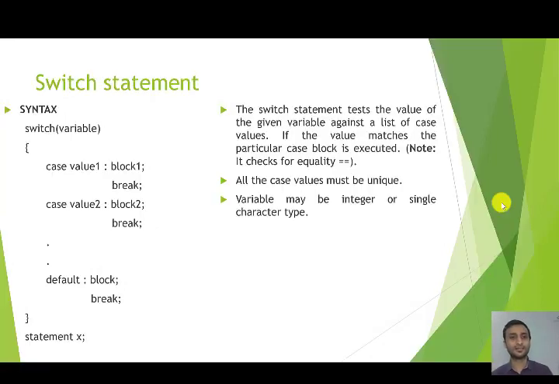So on the screen you can see that we have written the syntax of switch. Switch, within brackets, variable. I'll tell you what this variable means. Then within the curly brackets there is case value 1, then block, then break, case value 2, block 2, then break, and it will go on, and in the last we'll write default, block, then break, and we'll close the curly brackets. After that there is statement X. We already know about this statement X. After completion of a decision making branching statement, if there are any more statements present outside, then we call that statement X. It was present in if, in if else, in if else if ladder, in nested if also.